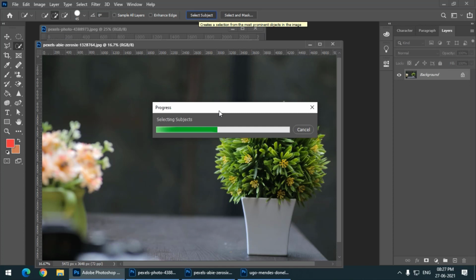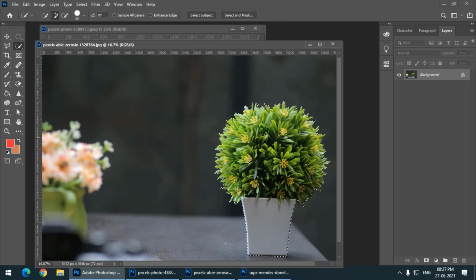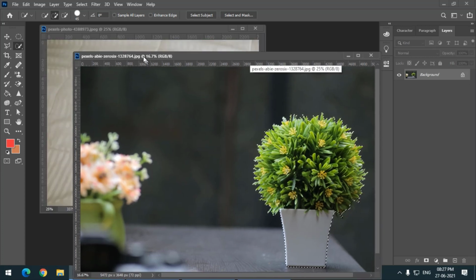In this case we have a flower pot which it is trying to select. The time will vary depending upon the quality of the image. Now as you can see, it has selected the flower pot with the plant and it has done a pretty good job. So this does a very good job.